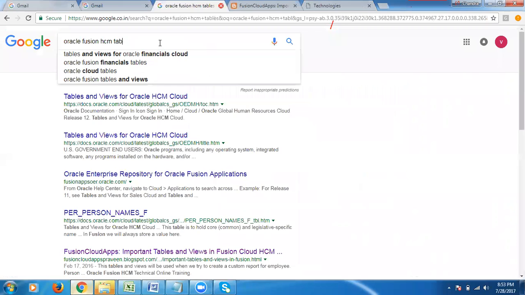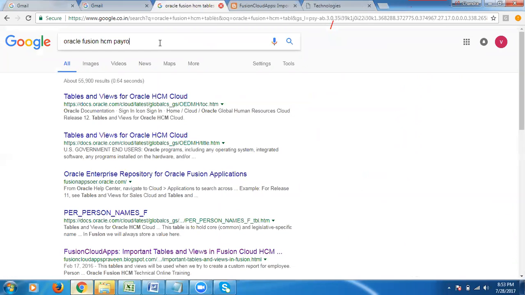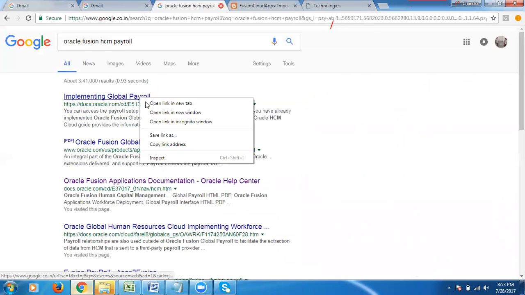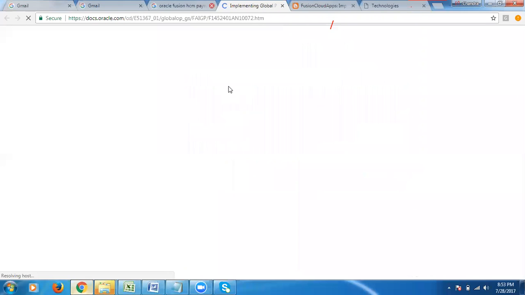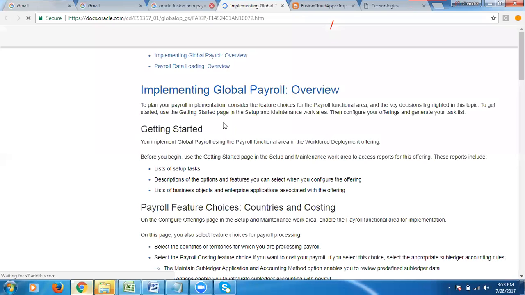Fine. So now we'll talk about the Oracle Fusion HCM payroll module. Some of the definitions we require here: what is meant by payroll flow, what is meant by payroll groups, what is meant by skipping rules, what is meant by frequency rules, what are user defined triggers. Generally, that's theoretically what we require here. We need to talk about that.